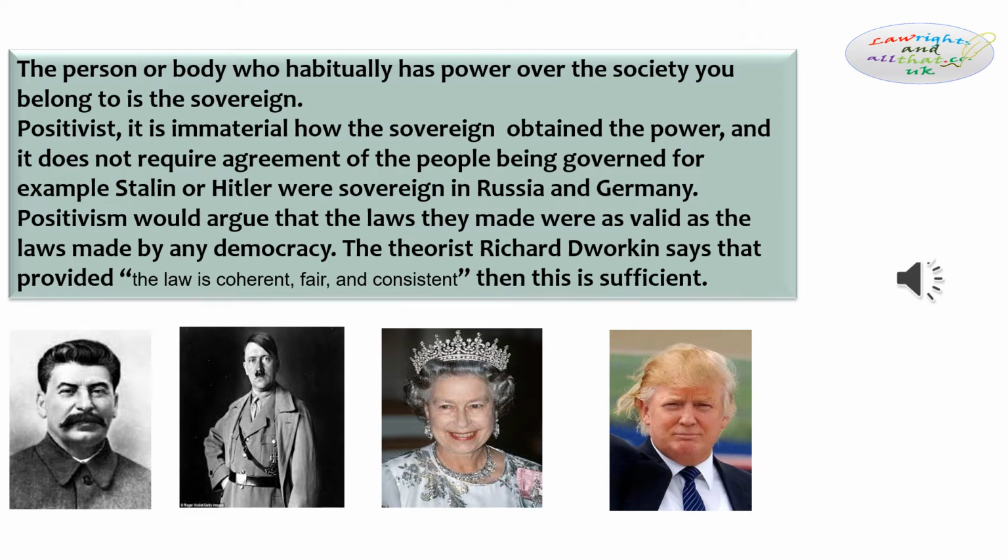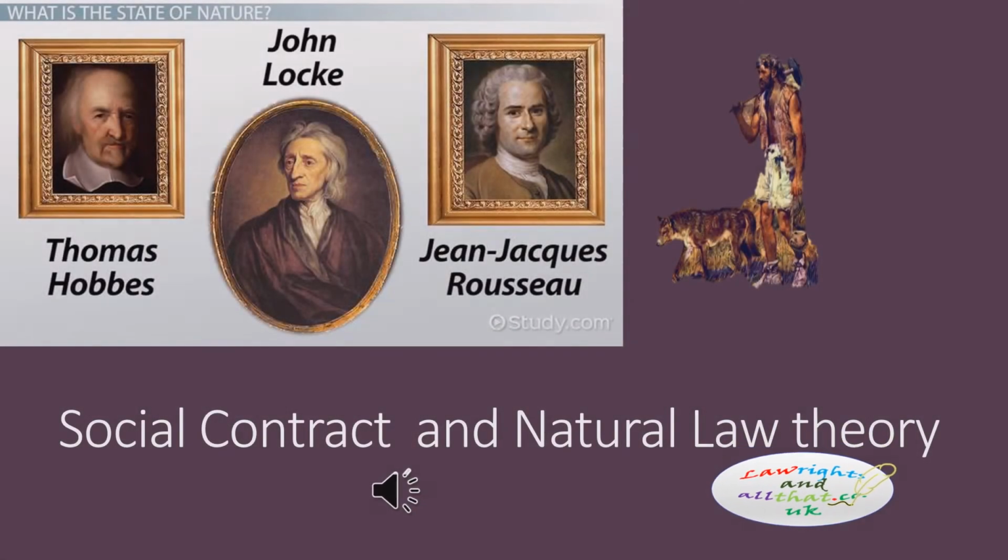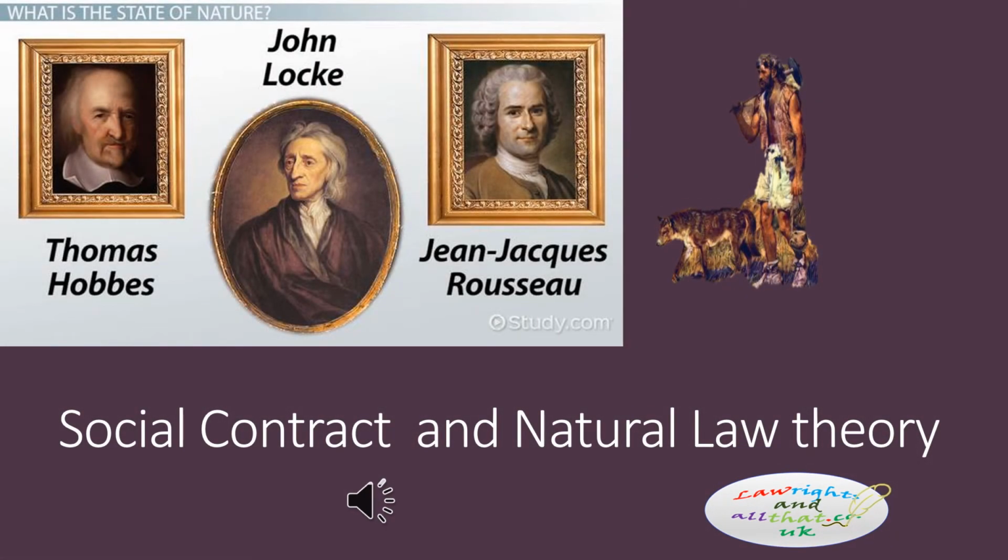Let's now look at another legal theory called the natural law theory and the social contract theory that stemmed from it. Here we have a slide with Thomas Hobbes, John Locke and Jean-Jacques Rousseau. Now they're all proponents of the theory of natural law, that man was born into what you would call a state of nature,